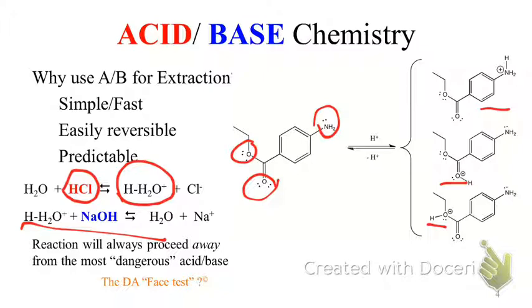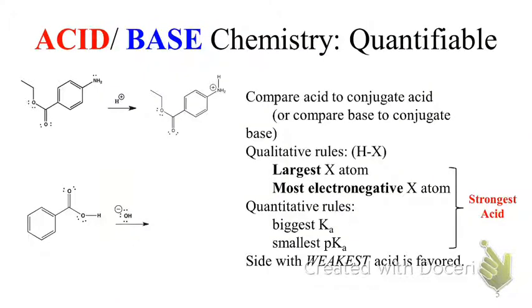Okay? How could we come up with that? Since you skipped that chapter conveniently in lecture, this makes it a little bit more difficult. There's a couple ways that we can go through predicting this. Okay? What we'll end up doing is comparing our acid strengths across the reaction. So we could compare and say this first case,